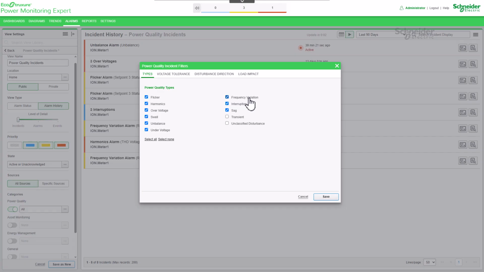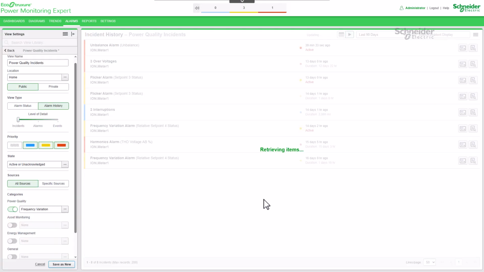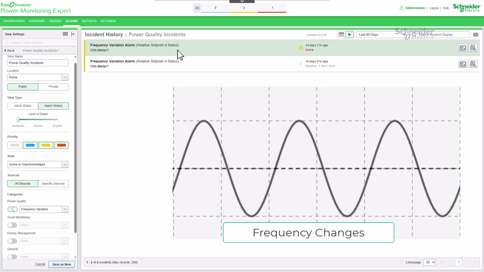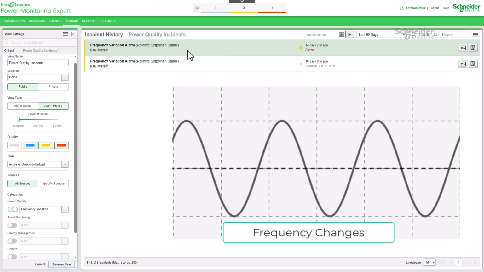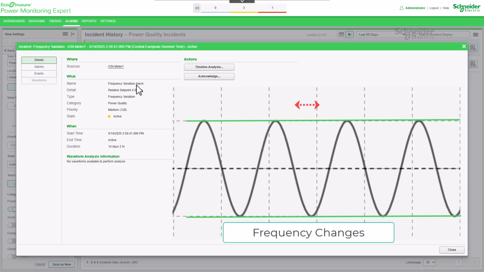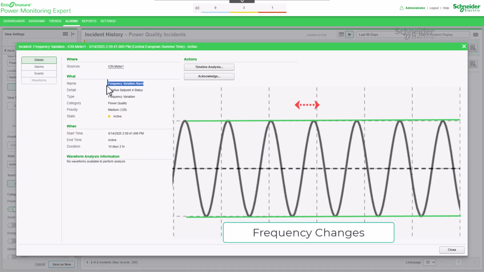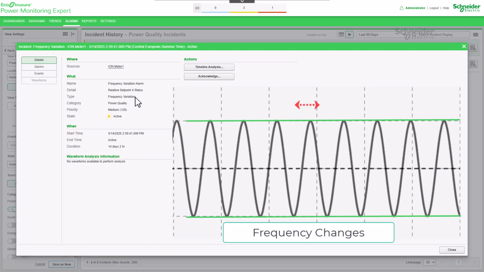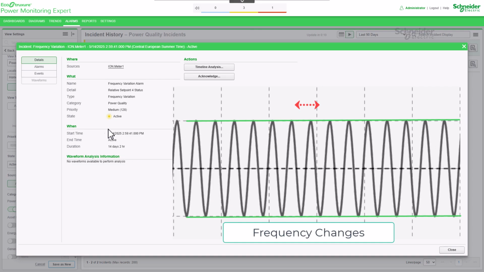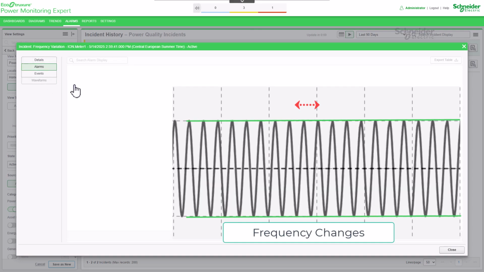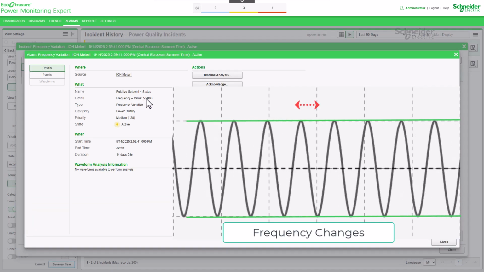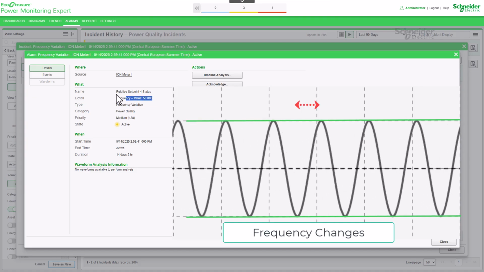Frequency variation. Power frequency variation is the deviation of the power system fundamental frequency from its specified nominal value, for example 50 or 60 Hz. Frequency variation may be caused by erratic operation of emergency generators or unstable frequency power sources. It is extremely rare in stable utility power systems, especially systems interconnected via a power grid. Where sites have dedicated standby generators or poor power infrastructure, frequency variation is more common, particularly if the generator is heavily loaded.